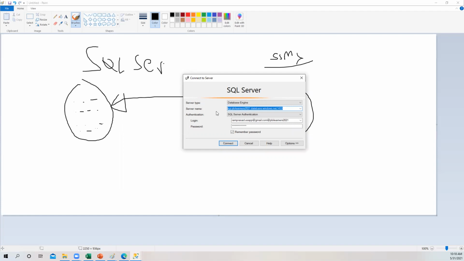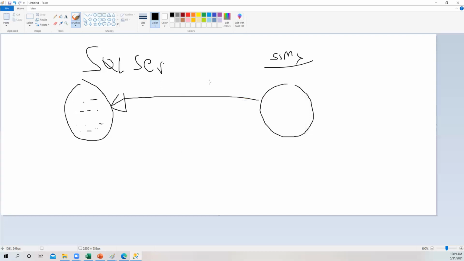Previously that server was in Azure Cloud. Now we need to connect to SQL Server, but do I have SQL Server on my machine? No. First, I should install the SQL Server. Then I have to give the name of that SQL Server here so that I can connect and query. Using this software, you can query the data, guys.